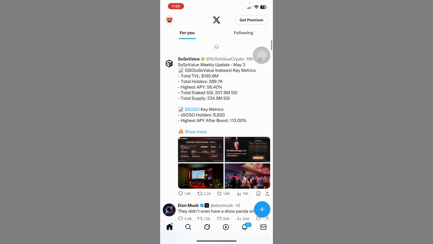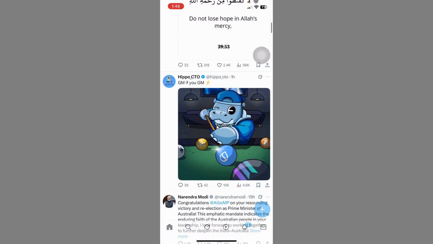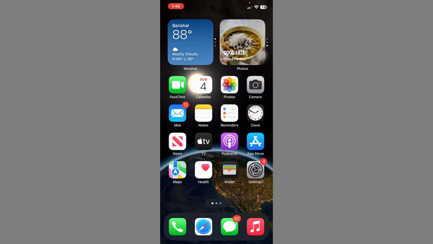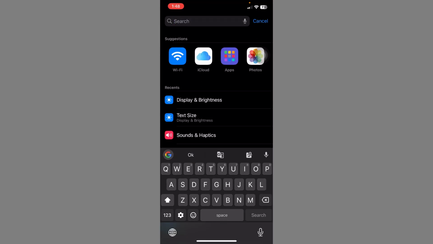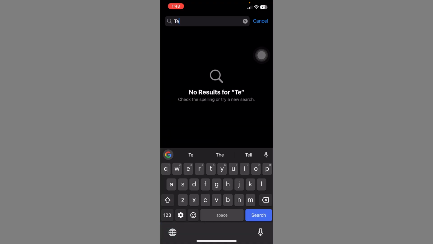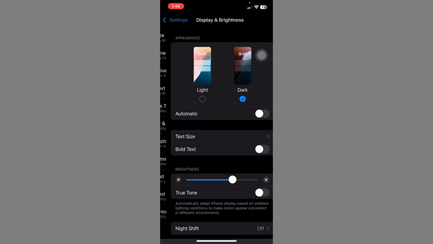Okay, then check your all font size, then text size. Okay, then back, click on settings, tap on search bar, then search on text size. Okay, then display and brightness text size, click,